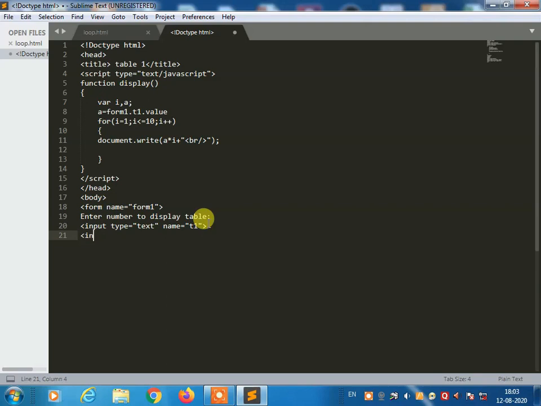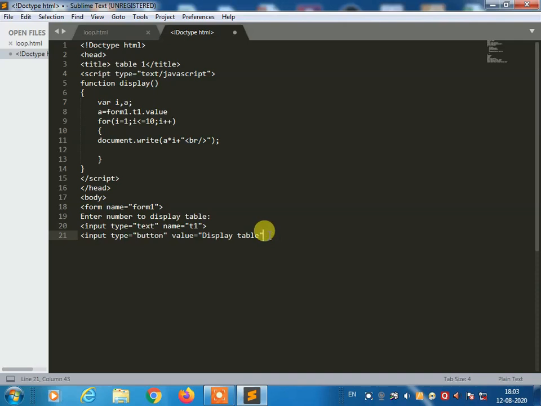So input type equal button, value equal display table. You can write here display table. This value will be printed on the button.